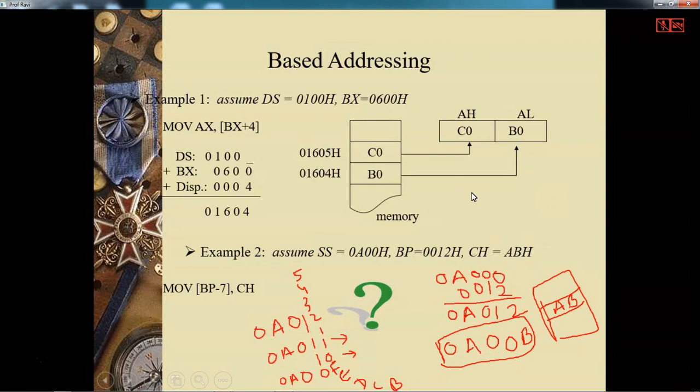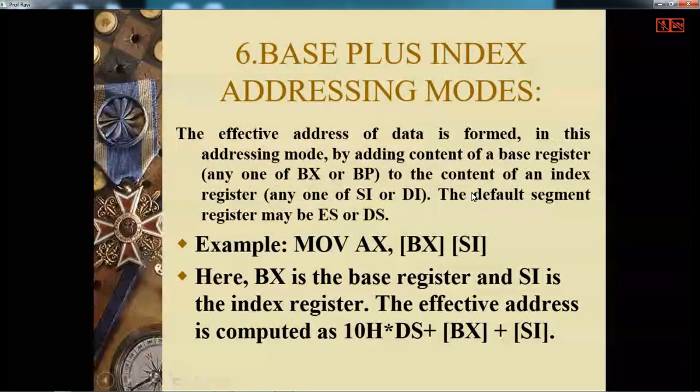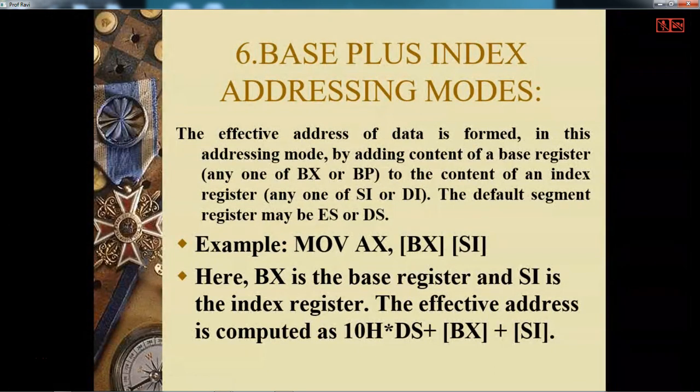And the next is base plus index addressing mode. Effective address of the data is formed in this addressing mode by adding the content of base register, that means any one of BX or BP, to the content of an index register. So it is base plus index. See how you are locating the data or the operand in the instruction. So now if you try to see, MOV AX, [BX][SI],